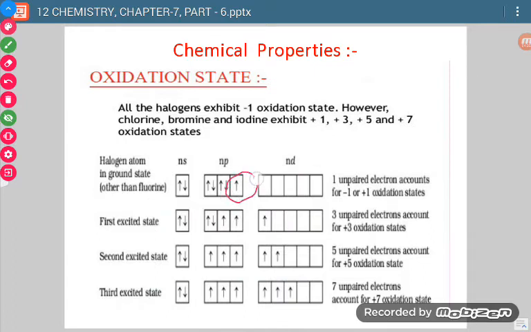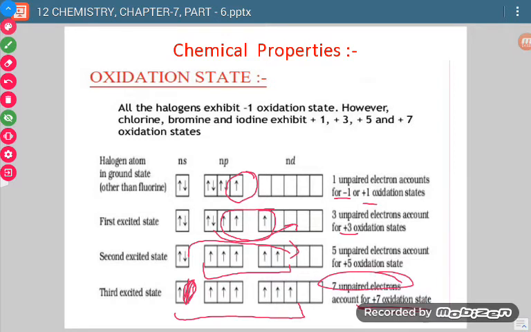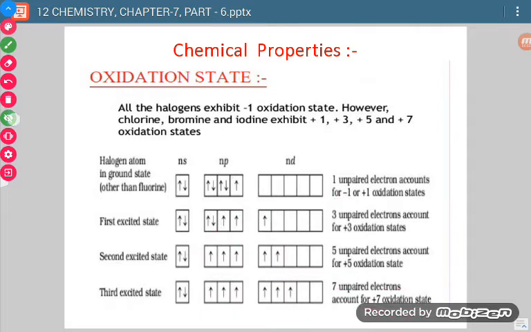In the ground state there is only one unpaired electron, so -1 and +1 is the oxidation state. In the first excited state there are 3, so +3 will be the oxidation state. Now when this electron again jumps ahead, there are 5 unpaired electrons, and when this also jumps ahead, there will be 7 unpaired electrons in total. So because of 7 unpaired electrons, there will be a +7 oxidation state. Okay, so